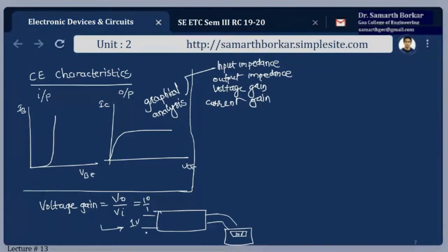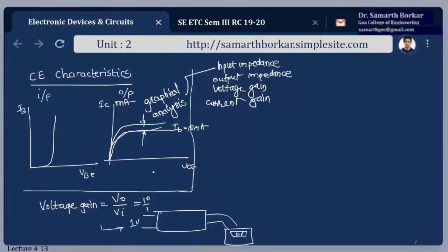When I just vary the input voltage, note down the output voltage, and then plot the graph. Fine. This is for one case, say IB equal to 10 microamperes. Remember, the base current is always in terms of microamperes. Don't make the mistake. The output current IC is in terms of milliamperes. Fine. Then I change the input current to, say, 20 microamperes and perform the experiment. This is the plot I'm going to get. So based upon the difference, I can get the input impedance, output impedance, and so on. This is the rationale behind carrying out that particular experiment.